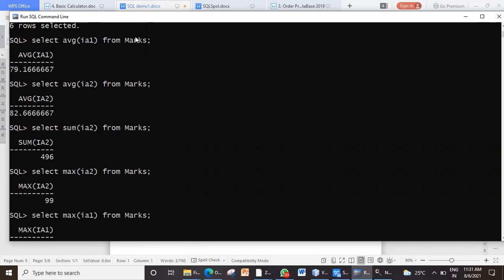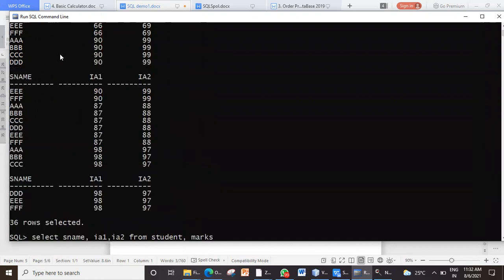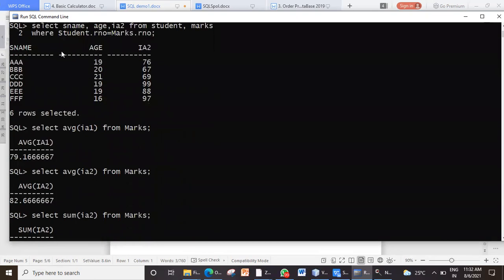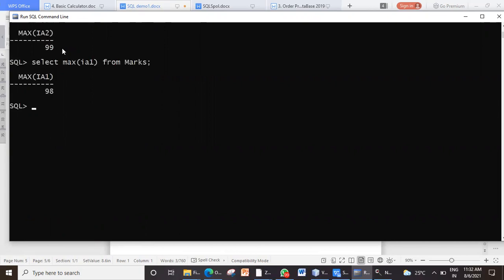It will check all the rows. Now, of course, you have only 6 rows here. But suppose in any of your tables you have thousands of rows, it will still take the same amount of time, and it will give you a result within a minute. We found the maximum.